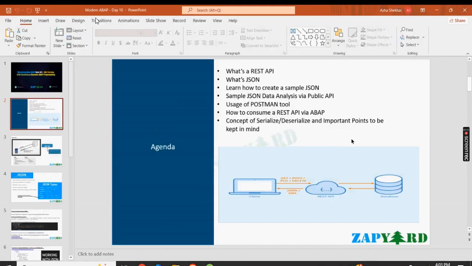Today's note, what we are going to cover today is what a REST API is and what a JSON is. We'll see how to create a simple JSON, how to analyze JSON data via public APIs, basically the usage of the Postman tool to analyze these APIs. Then we'll come from the code perspective as to how to consume this REST API via ABAP, and the concept of serialize or deserialize, and the important points that need to be kept in mind while we are handling a